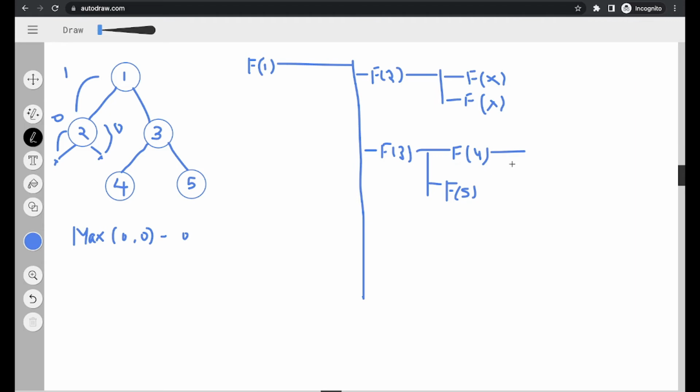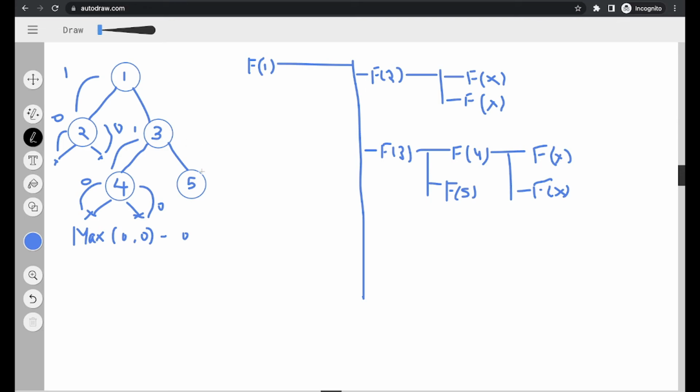And again, now when the call will be made for 4, call will be made to this left subtree, and as we can see, this left subtree is null and this right subtree is also null. So call will be made to this left subtree, which will return 0, and then the call will be made to the right subtree, which will also result in 0. So friends, again we can see that this entire call stack is finished for this 4, as finally this 4 will return 1. Why 1? Because the maximum of these two 0 is 0, and we have to add this 1, and the 1 will be returned to 3.